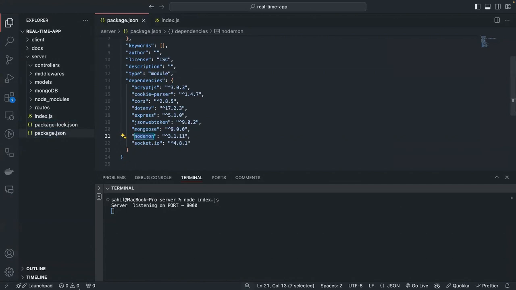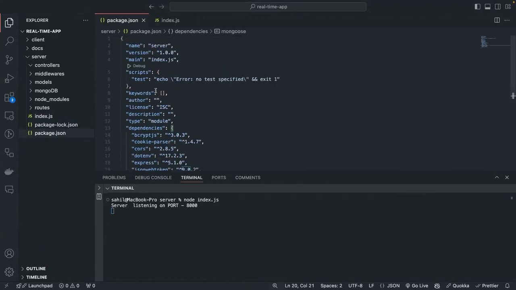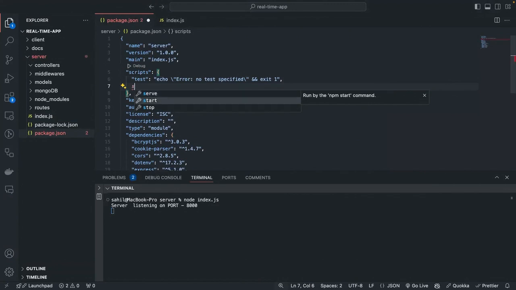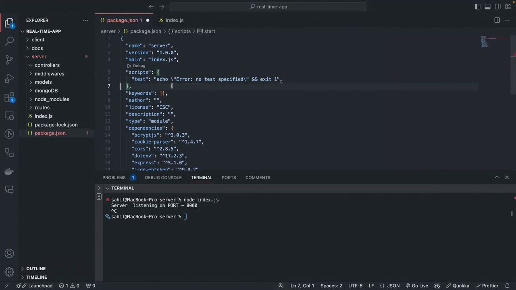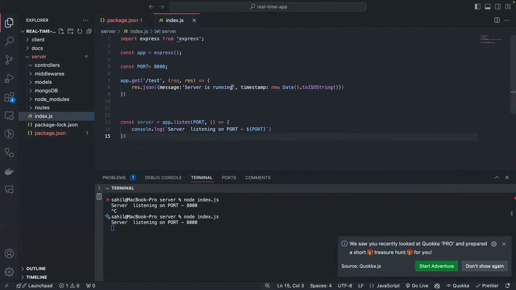So to use the nodemon library, we can go to the package.json, and here we can write another script. Let's say start script, and that would run nodemon index.js. So this is the entry point of our file, and now what will happen? Earlier, if this is not there, then let's say the server is started and we are making any change, server is running, let's put